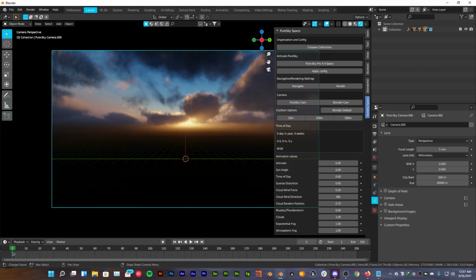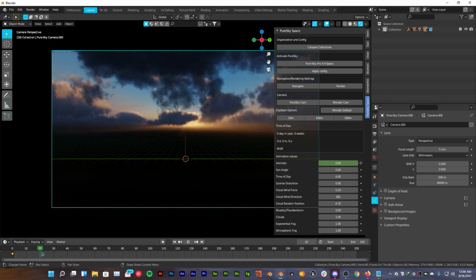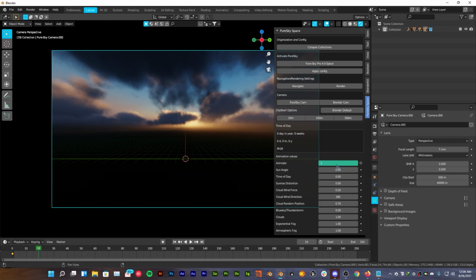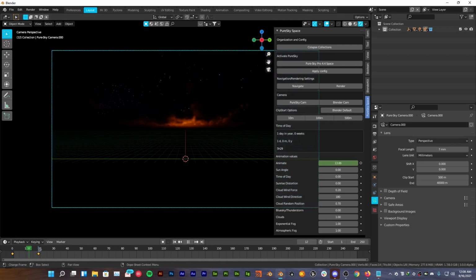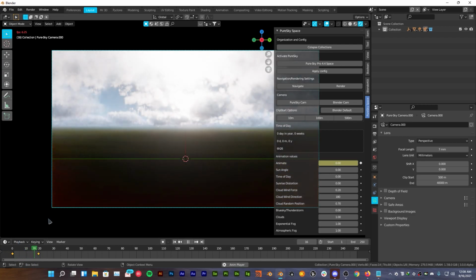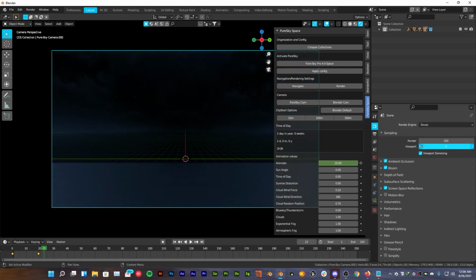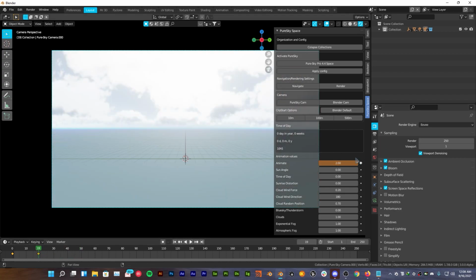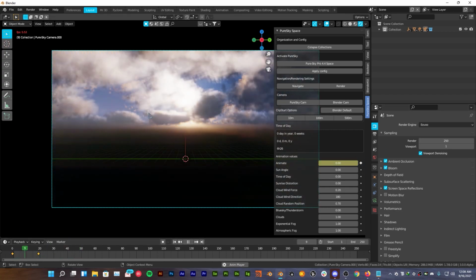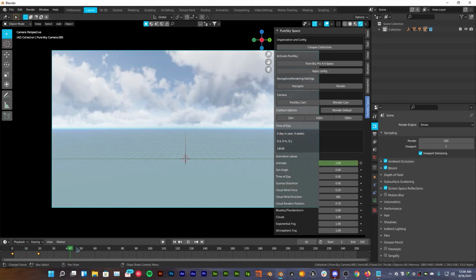Let me show you. First, go to frame 0 in your timeline and click this little dot right here. Once you click on it, it will turn the icon to a diamond and make it yellow because we have added a value which is keyframed. And then go maybe 20 frames and change it to somewhere around 20, and then press this icon right here in order to add a keyframe. Now you have 2 keyframes. Just play the animation and you can see. Now this takes a little time to preview, so let's just change the value to maybe 2 and then keyframe it. Perfect. And now you can see that it's changing the day and night cycle.